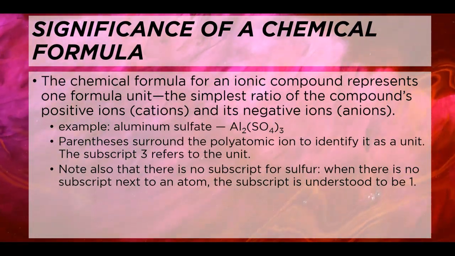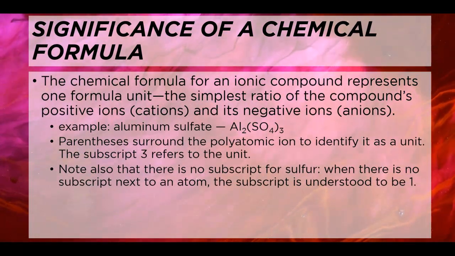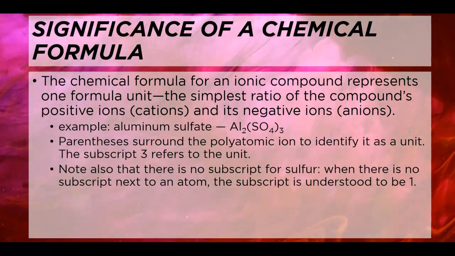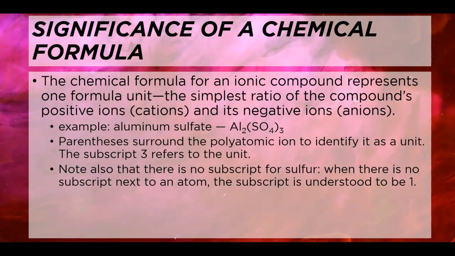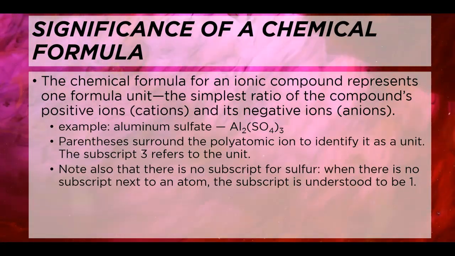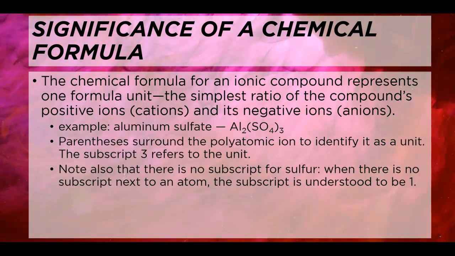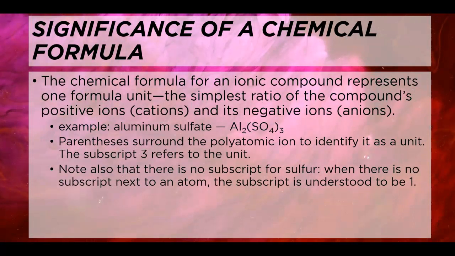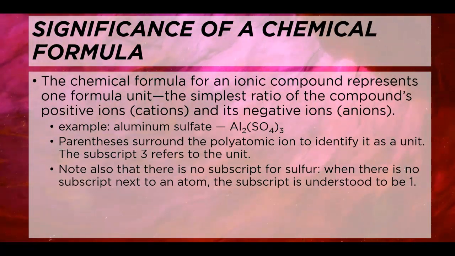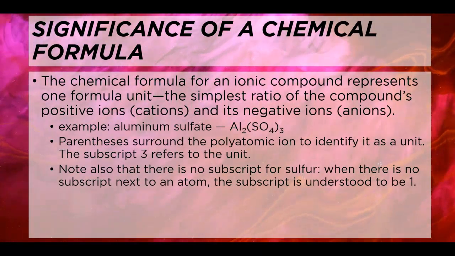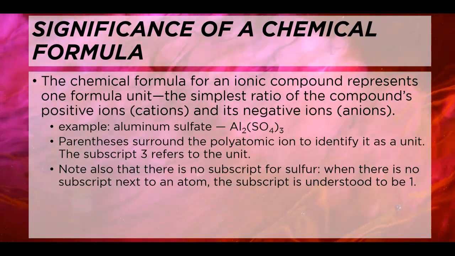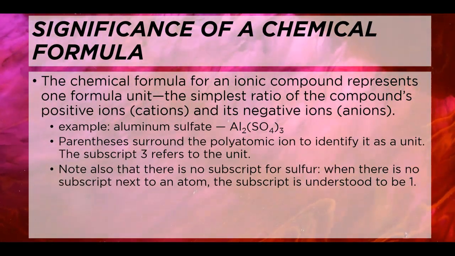Now, for ionic compounds, remember, they don't form molecules. Instead, they form networks of ions that are together in a structure. So we don't necessarily call chemical formulas for ionic compounds molecules. We call them what's called a formula unit, a unit being the smallest whole number ratio between a positive cation and a negative anion. So my example here,